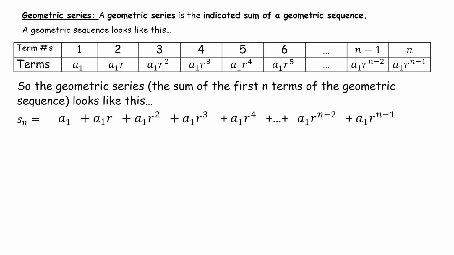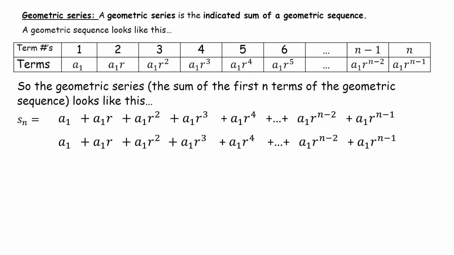We're going to do this little trick like what you did when you learned to write repeating decimals as fractions. We're just going to rewrite what I just wrote, and this time we're going to multiply the whole thing by r. So instead of s sub n, we're going to have r s sub n. We're going to multiply every single term by r. All right, and when I do that, I'm going to have r times s sub n equals a sub 1 r